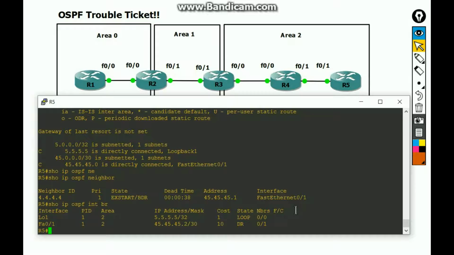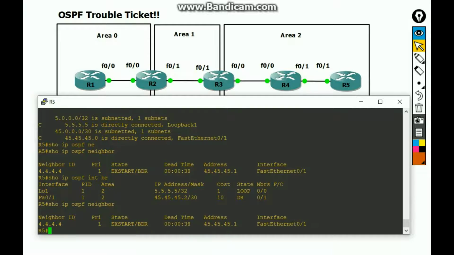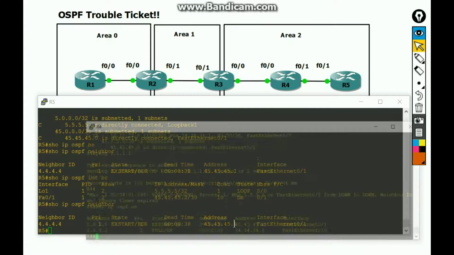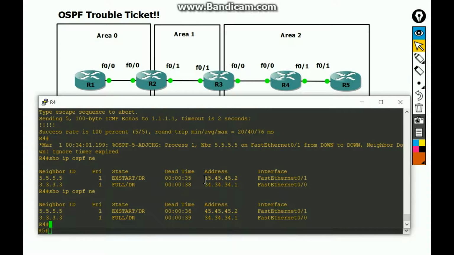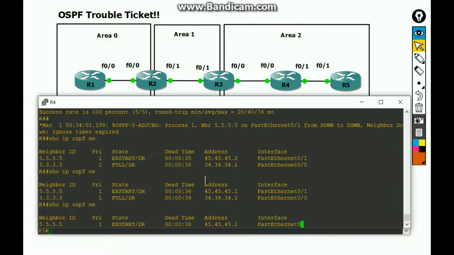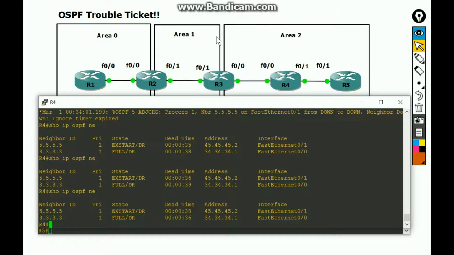So what else could be the problem here? We have a neighbor relationship, but we're stuck in exchange start. And we're stuck on both sides in exchange start. And let's go into router 4. We're still stuck in exchange start. So what else could be the issue? Let's look at